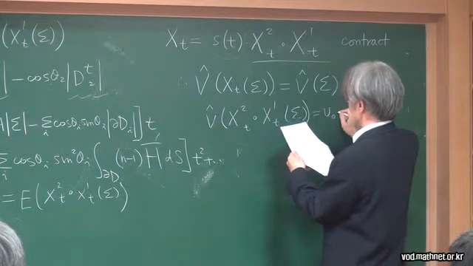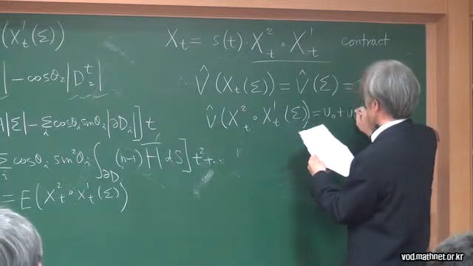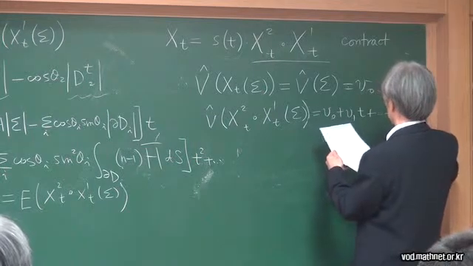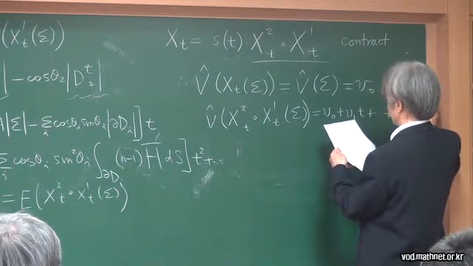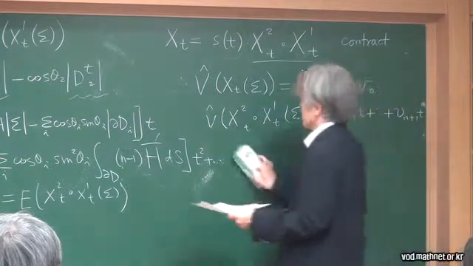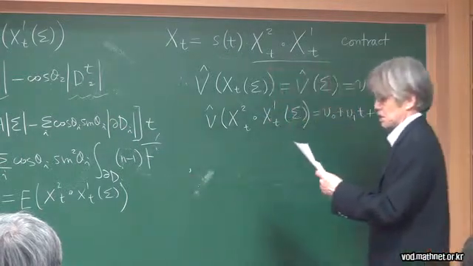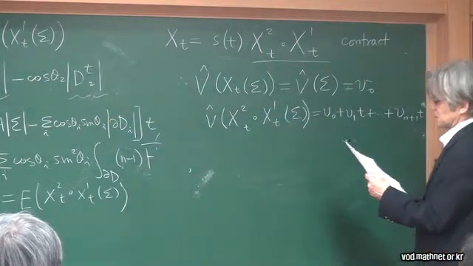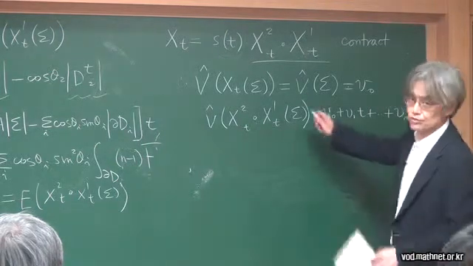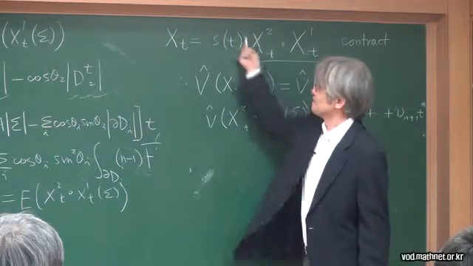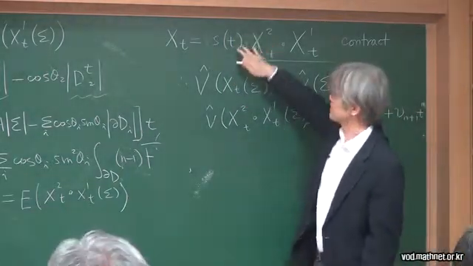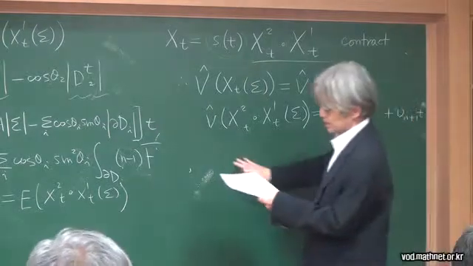So this volume has a polynomial expression like this, t to the n plus 1. Then, when you contract by this factor, volume decreases by this factor raised to the power of n plus 1. In other words,